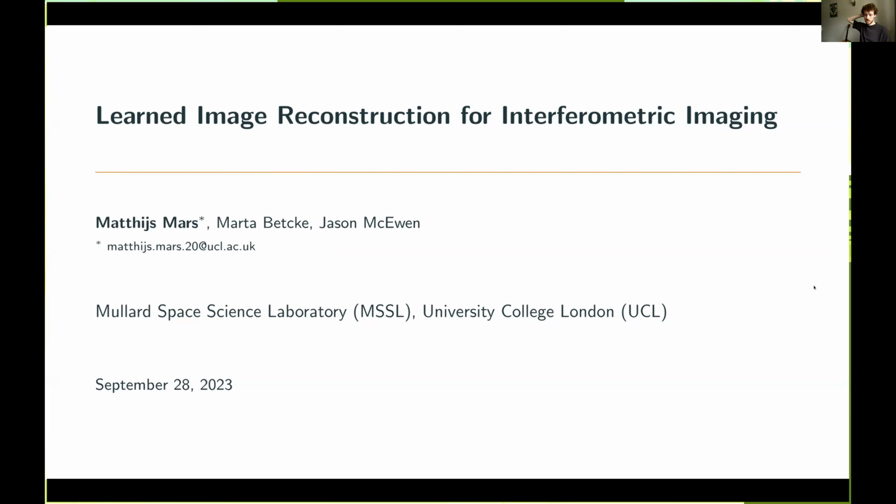I'm Matthijs. I'm a PhD student at the Mullard Space Science Lab, working with Marta and Jason on developing deep learning techniques for image reconstruction in interferometric imaging, focusing on astronomical applications, and especially with the increasing amount of data that needs to be processed in, for instance, radio telescopes. We are really looking for reconstruction methods that are more computationally efficient than the conventional approaches in order to deal with these huge amounts of data. That's basically what is driving this